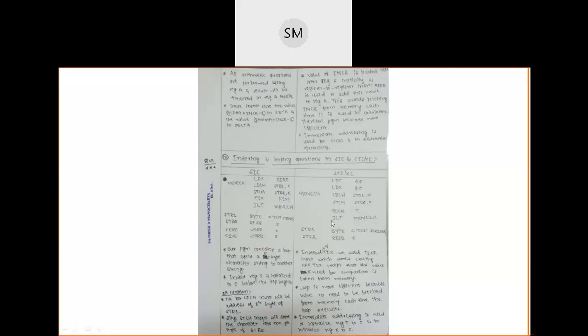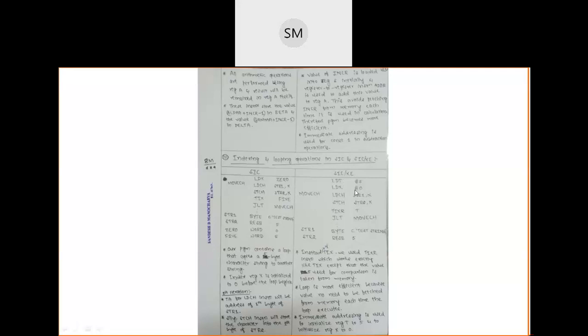Like this, the control jumps again to move ch, and again all these iterations will be completed. And once the X value becomes 5, 5 is less than 5, the condition becomes false. At that time, the program will be terminated. Clear? Now, no need to define this 0 or 5 somewhere here, because directly these values I have taken as integer values with the help of immediate addressing modes, and I have loaded them into registers here. Very interesting and powerful registers, like the general working register T and one index register X.